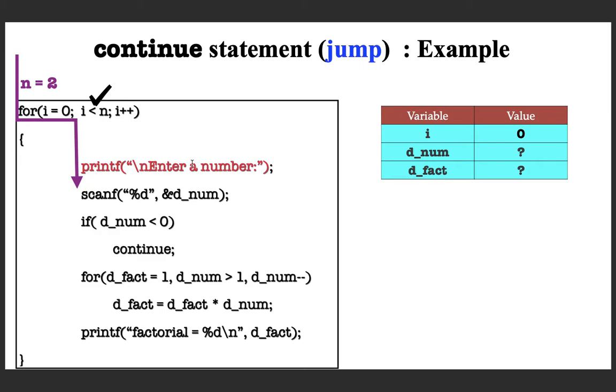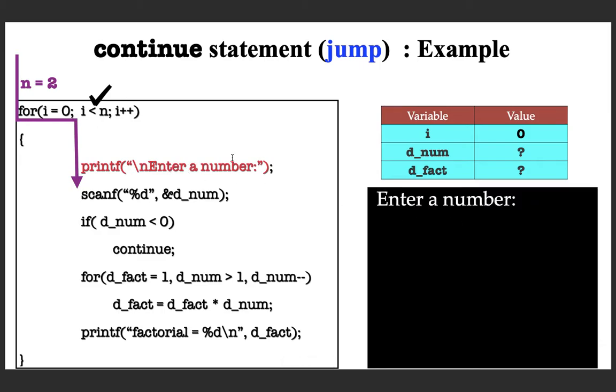First is a printf statement that will be executed and you get this message displayed. Then it proceeds to the next, which is a scanf. Because this is an input statement, now the control stays here until the user gives a number. Now assume that the user is inputting -4 as the number. Now this statement will read -4 into the variable dnum. So dnum is getting -4.